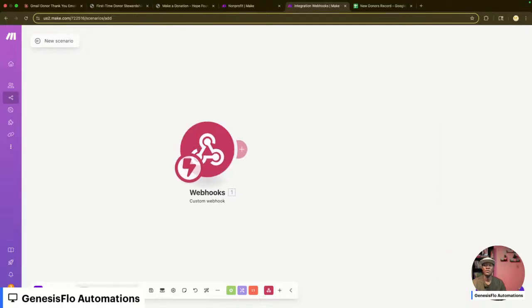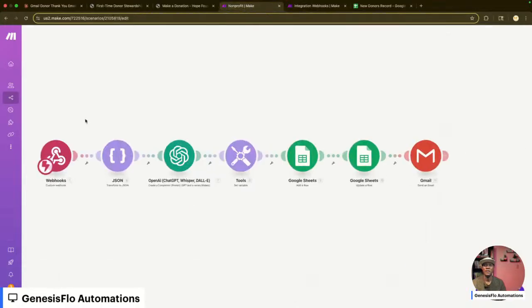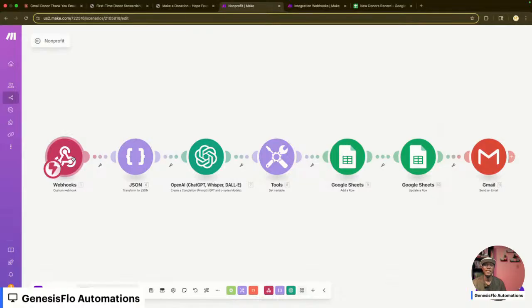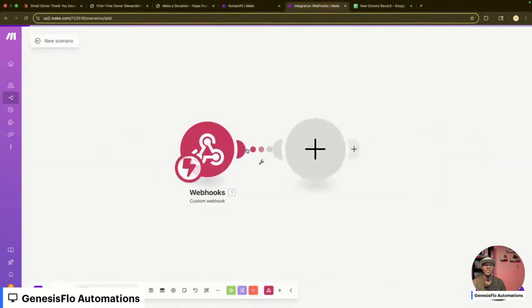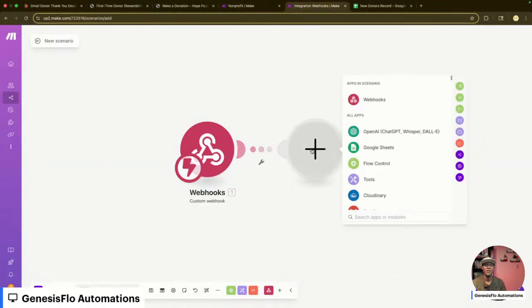Let's say Genesis Flow. So we want to set up a webhook, and then the next thing we want is, because when you have the webhook going, you're going to get some data out of the webhook. As you can see here, the data that we got from this automation is in a JSON format. So we need to convert the address from that JSON.